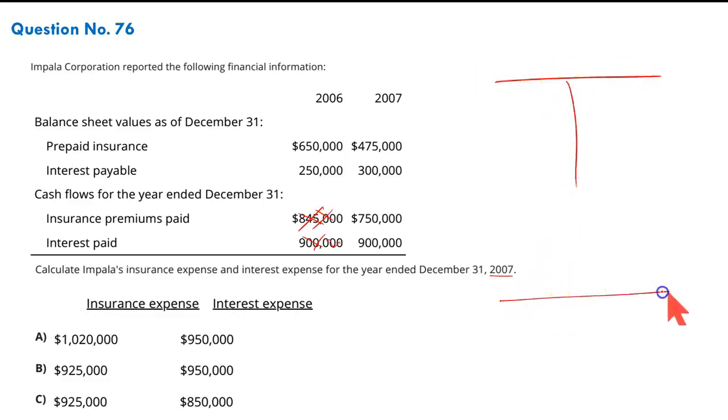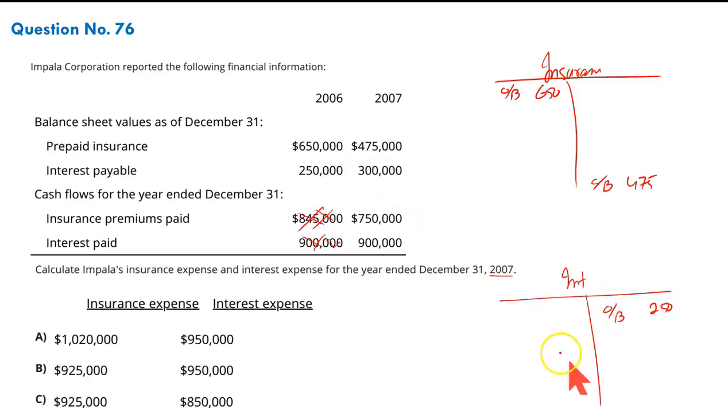Let me draw the formats for you. It's very handy. Conventional accountants, the old-fashioned accountants like me, they use this traditional method. It's very helpful. Never make a mistake in this method. Let us construct these two accounts, insurance and the interest payment. Of course, they are the expenses. Insurance prepaid at the start of the period represents an asset, opening balance. Insurance prepaid at the end of the year represents an asset at the end of the year. That is the closing balance. Interest payable at the start is a liability to be shown on the credit side as the opening balance, and 300 as a liability at the closing side, closing balance.